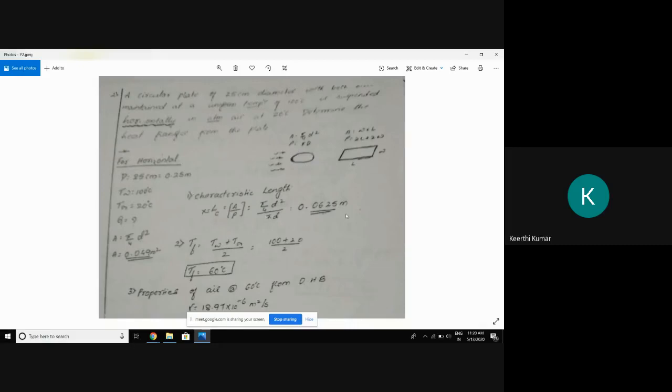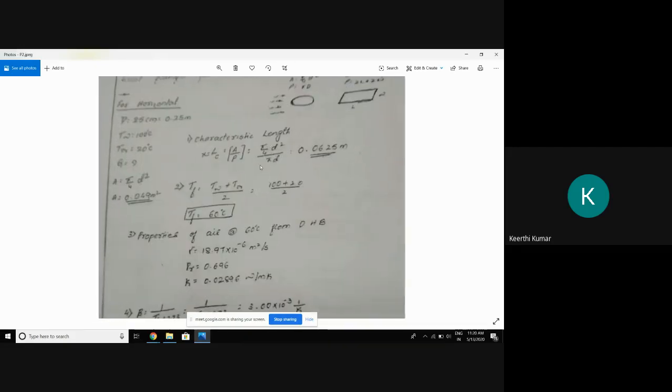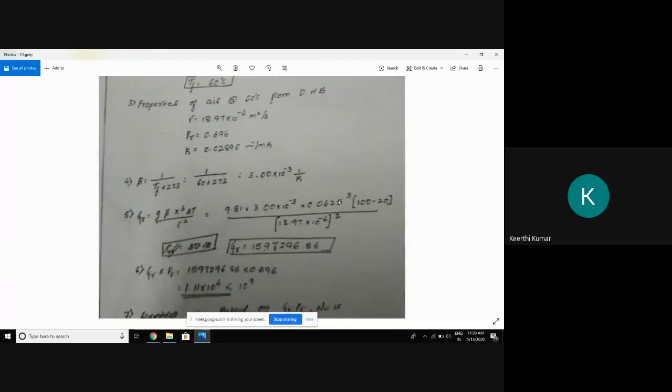So I have found the characteristic length. Understood? If the plate is vertical or horizontal, no need to find the characteristic length. Directly, you can keep the length of the plate which is parallel to the fluid motion, and we can take it as L. But for a circular disk I cannot, so I took the characteristic length. That step has increased. This is an important point: I substitute the characteristic length and delta T. If you substitute all the values, I'll repeat again, instead of x I will take the characteristic length.